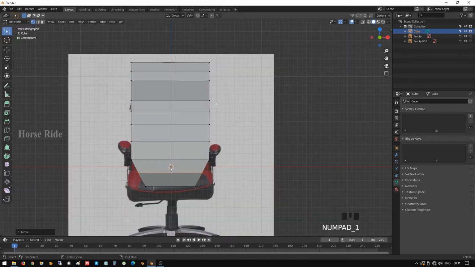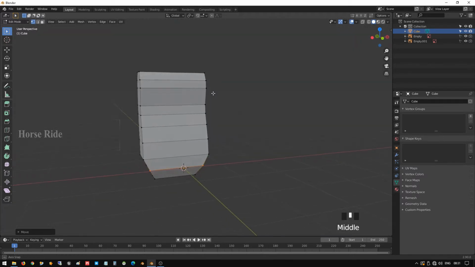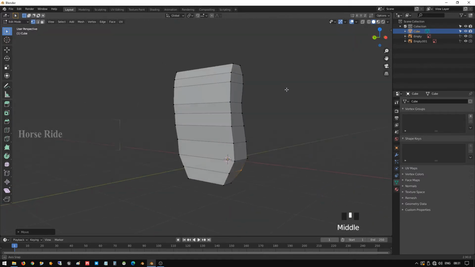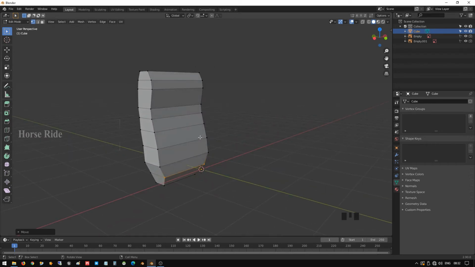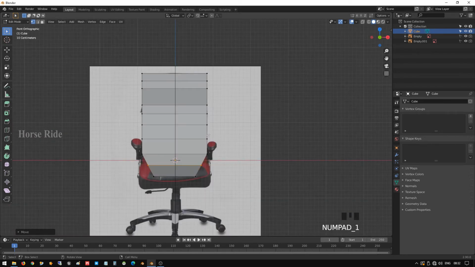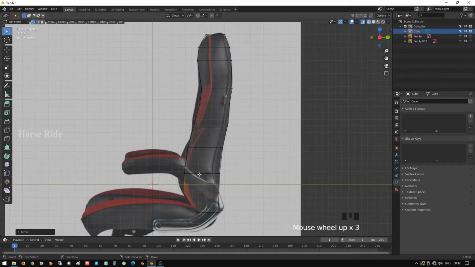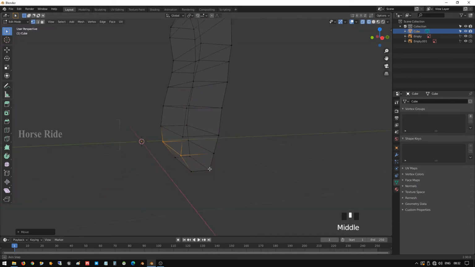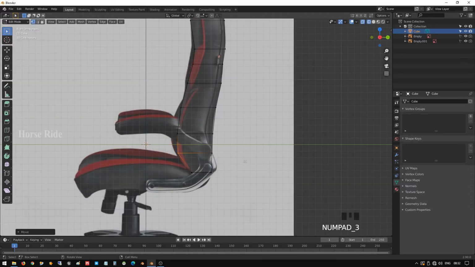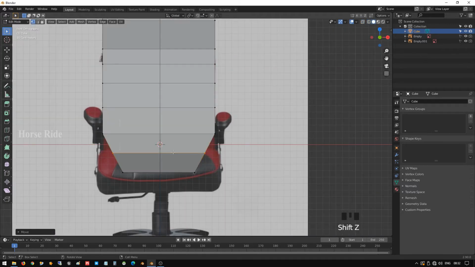Okay, right, let me go to front view, and here in the bottom you can see it came inside, so it's not required like that, so we have to change that one. Okay, this one is okay, fine, and here it came inside, so we are going to change this one.